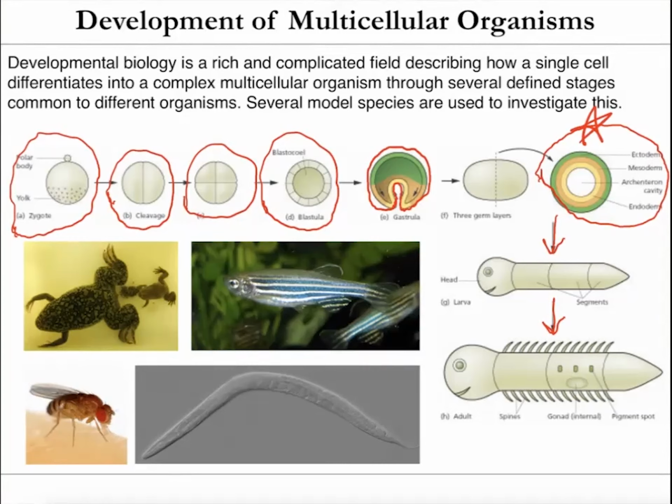And most of the work on it uses a few different model organisms. So this Xenopus frog is a really useful organism because their eggs are really large and easy to study. Zebrafish are also one that's used quite frequently. Same with fruit flies, Drosophila, and the worm C. elegans, where basically every cell in the body has been mapped out. There's a very specific number of cells in C. elegans worms, something like 900, and basically these developmental researchers can trace each one of those cells through its development. So it's a very rich field, very interesting topic, very big topic, so we can only scratch the surface here.